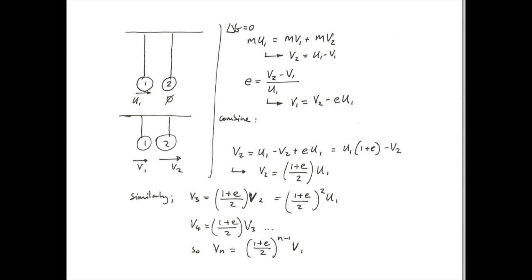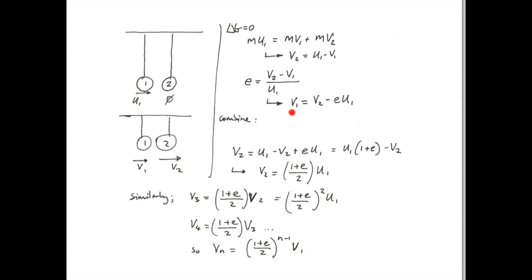Now, introducing the idea of the coefficient of restitution, we can say that the energy lost in the system is a ratio of the speed of separation divided by the speed of approach. So the speed of separation is v2 minus v1, v2 moving away from v1, and the speed of approach is u1 minus 0, so it's u1, so it's coming towards 2 before the collision at a speed of u1. So,